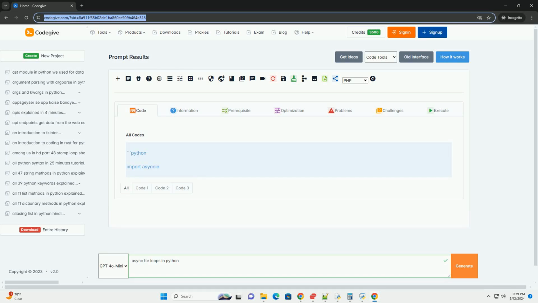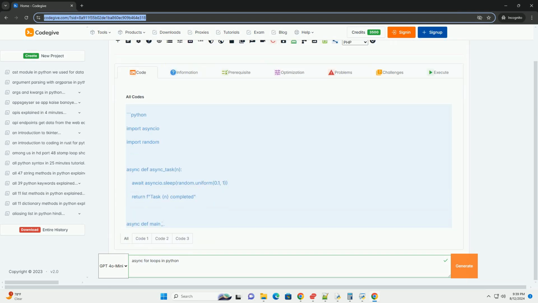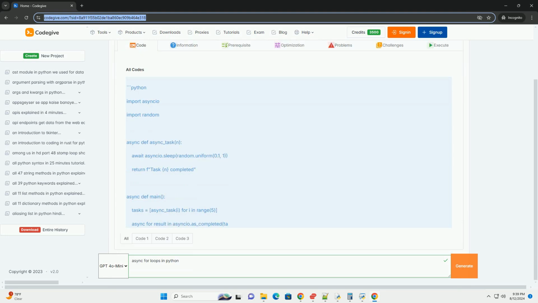Understanding async for loops in Python. Introduction to asynchronous programming. In Python, asynchronous programming is a way to write code that can perform tasks concurrently without